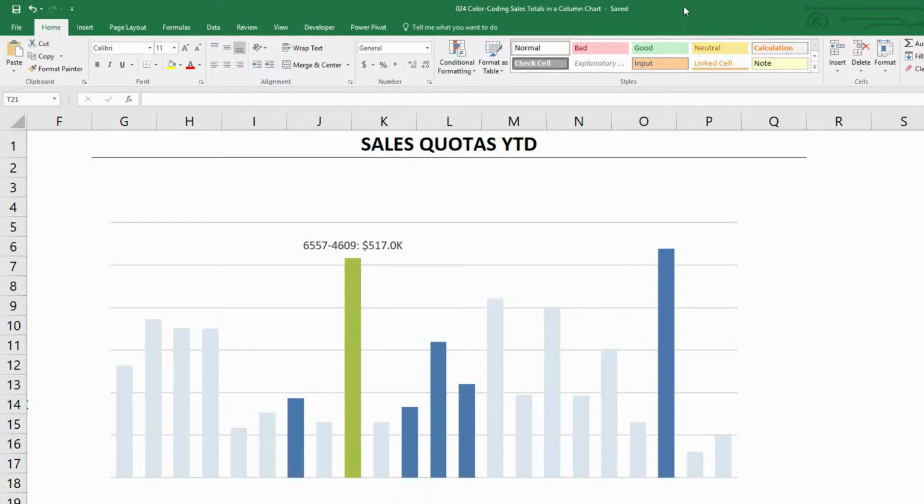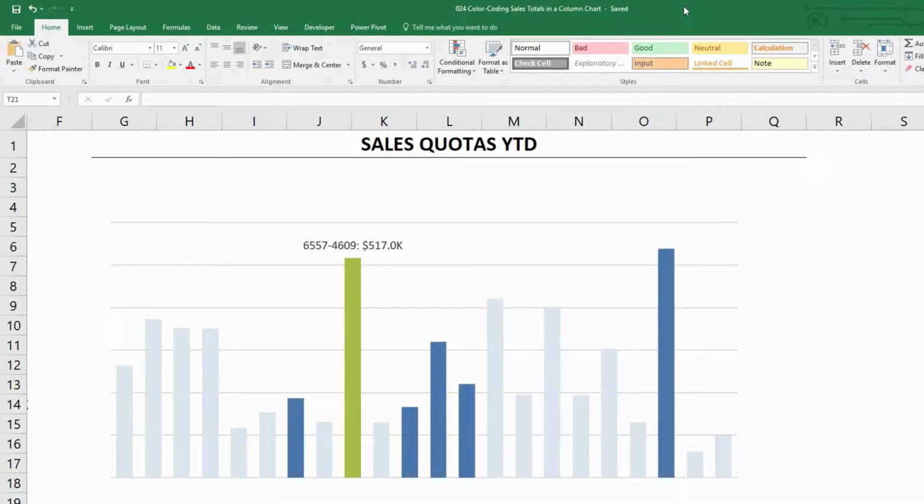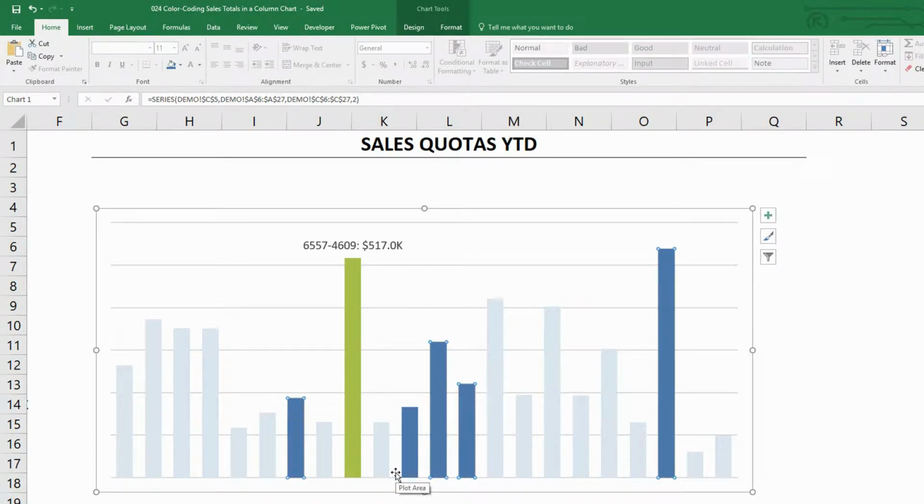Today's video is about how to color code different tiers of information in a column chart and allow that to just dynamically update. As you can see in this chart right here, any of the salespeople who are below their quota have a pale blue column. Anybody who's met their quota has a dark blue column, and anybody who has surpassed the President's Club level has